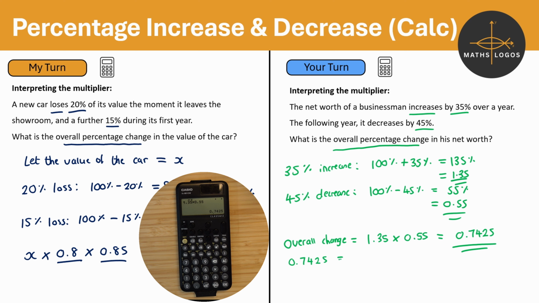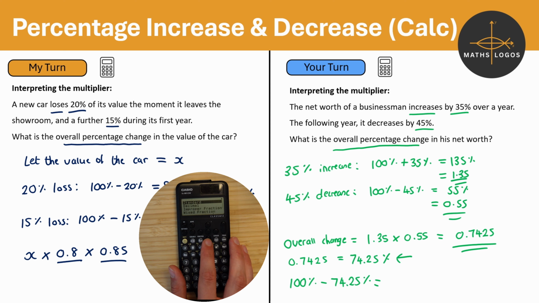So 0.7425 is equal to 74.25%. Now, again, really important that we don't say that this is the decrease. It isn't. It's what's remaining after the decrease. We want to know how much we lost from 100 to get down to this. So take 100%, take away the 74.25%. Do that on your calculator. 100 subtract 74.25. And that gives you